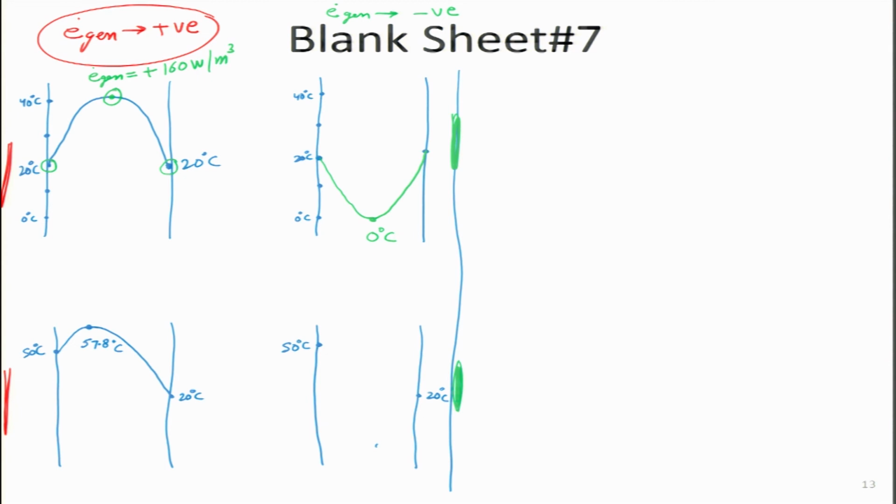So, we got a corresponding symmetry going on between these two cases of the positive energy generation and the negative energy generation case. I hope this is clear to everyone. For illustration, we have another curve which is given at the bottom left side. Here the temperature on the two sides we have taken not as same. One is higher, 50 degrees, another one is lower, and this one we have already done earlier.